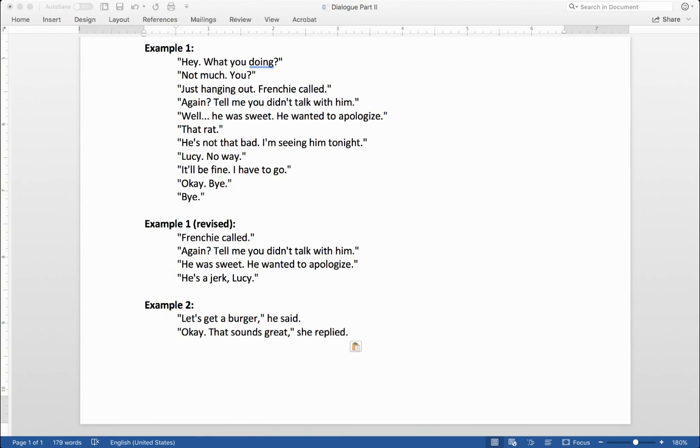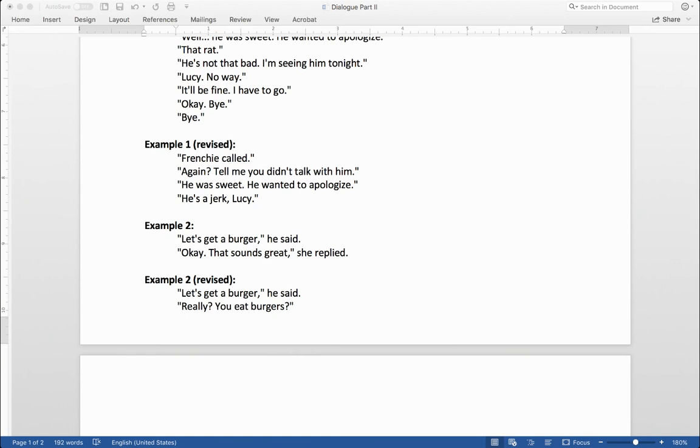Here we have 2 characters agreeing, and this has to do with the second tip above, that normally when characters agree, you can just cut or summarize those moments because there isn't much tension or interest there. Or we could revise the dialogue so the characters disagree in subtle ways that show their different characters. And if we do that, we might get something a little more interesting, like this.